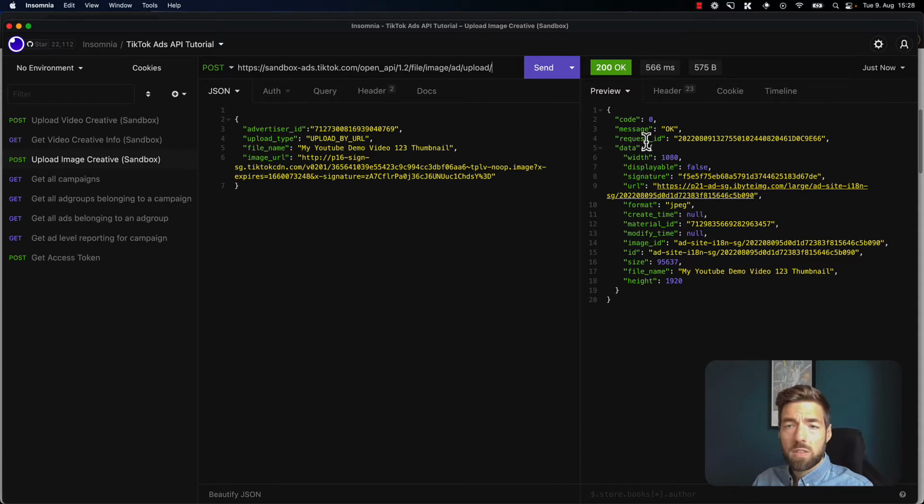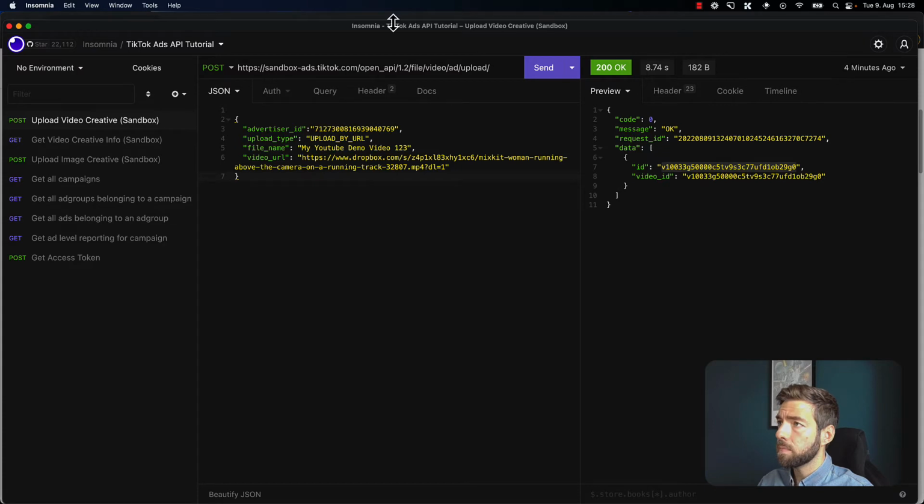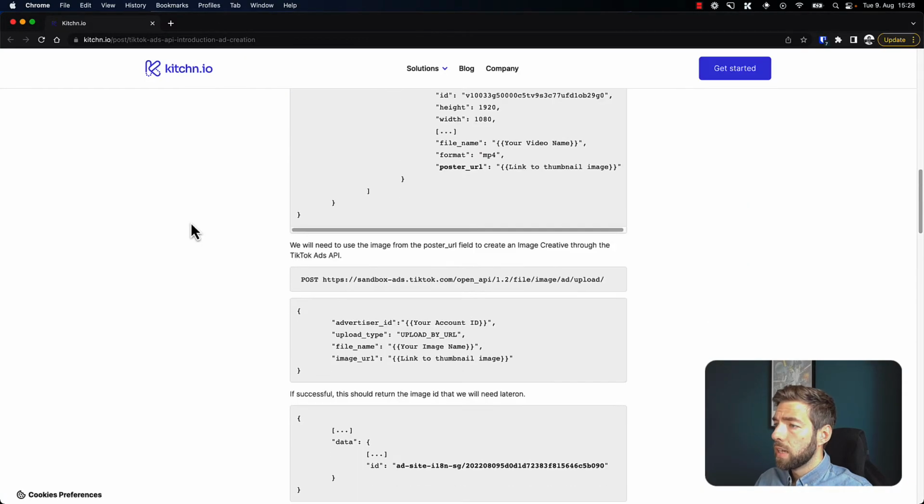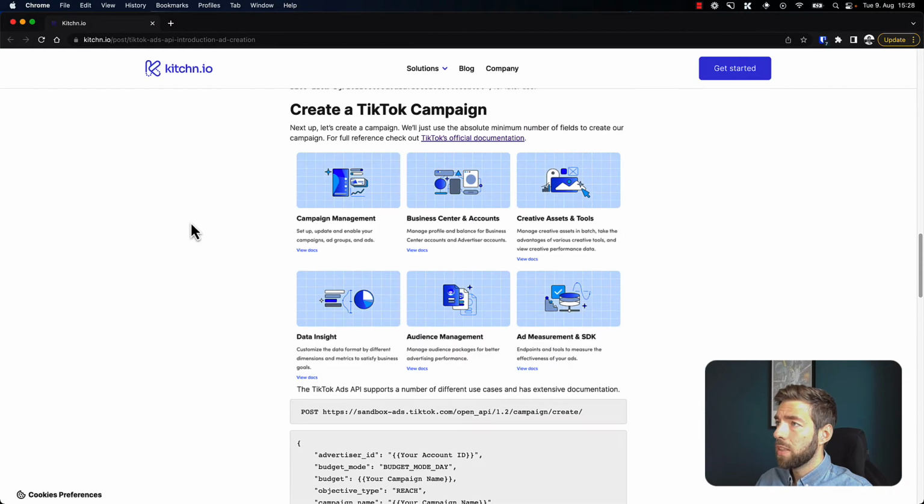So now it's important to note down your video ID and your image ID because we'll be using these later on. In our case, we need this ID over here. If you're using something like Insomnia or Postman, then of course you can look up these requests later on. So we have our image ID here, and then we have our video ID here. So let's go to the correct part. So now that we've